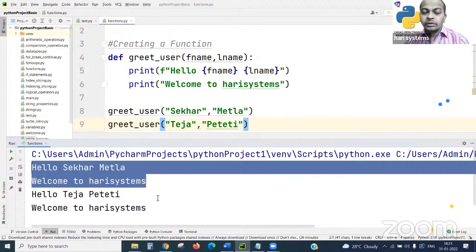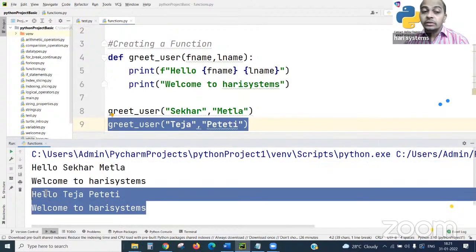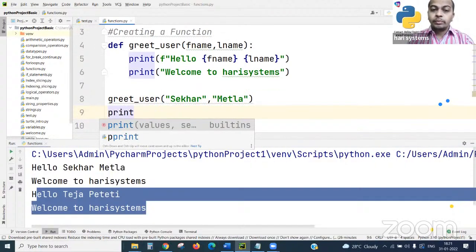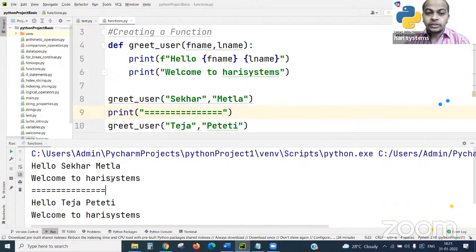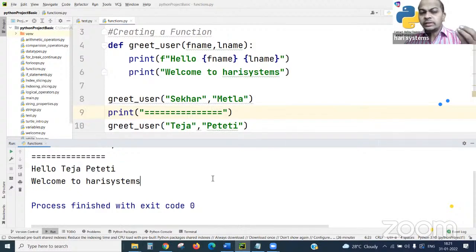Once it is done, I'm calling the same function with this. We'll try to put some distinguishing line with this too. So print, some line we'll apply here. Now let's see. The first function is printed, and the second function is printed.